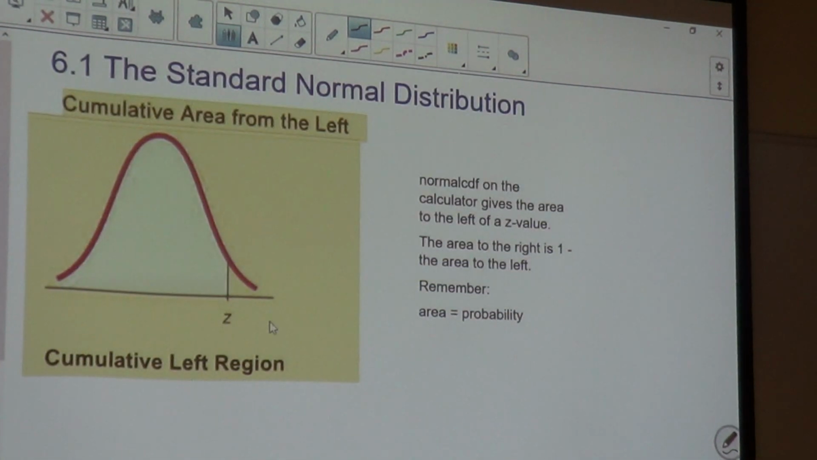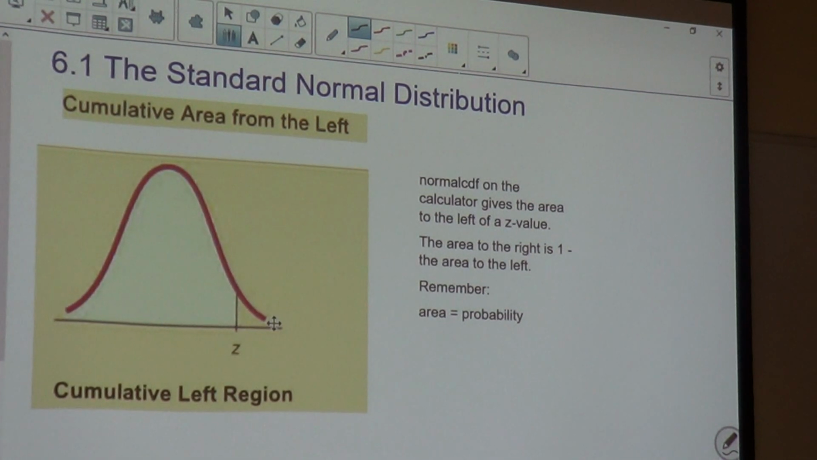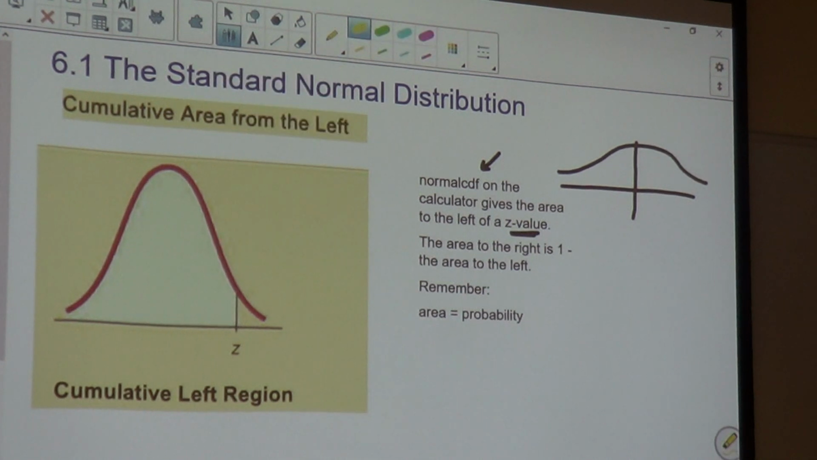Okay, this is what this is telling you. This is still 6.1. This says that the normal CDF gives you the area. So if you know the area, this is what I just talked about, if you know the area under the curve, the normal CDF